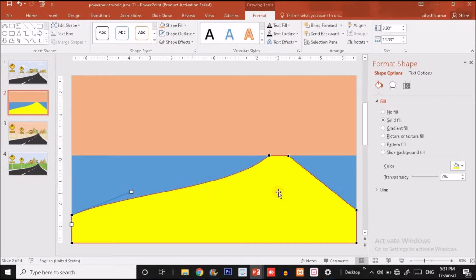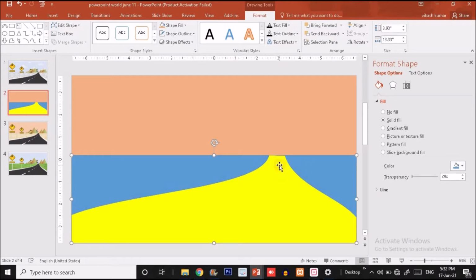Okay, now we'll do changes with this dot. So click on this dot. As you click here, you will find 2 white handles. So I'm going to make changes with this handle. So I'm going to put it over here like this, and I'm going to put this dot something here, and also will change these handles. Just put it over here. Okay, now let's make some closer like this. Okay, now it's done guys.